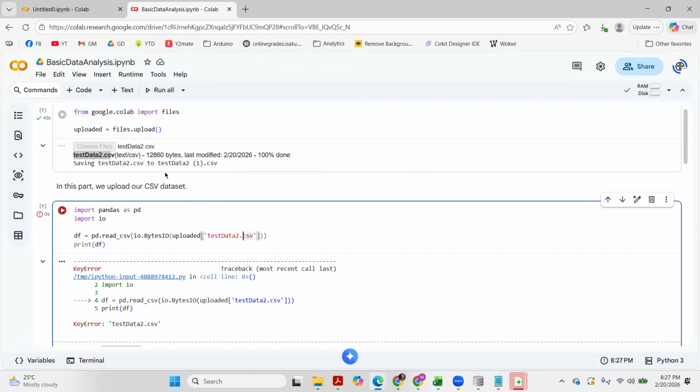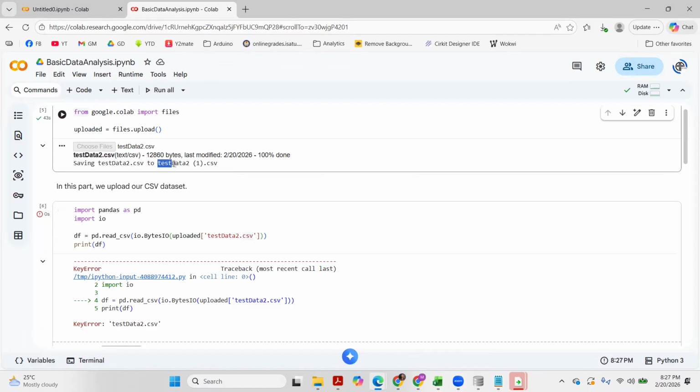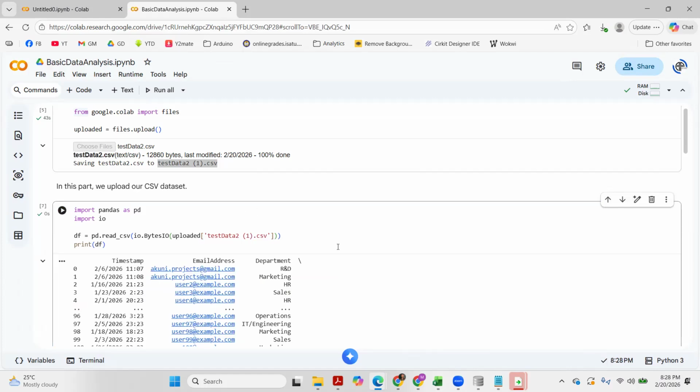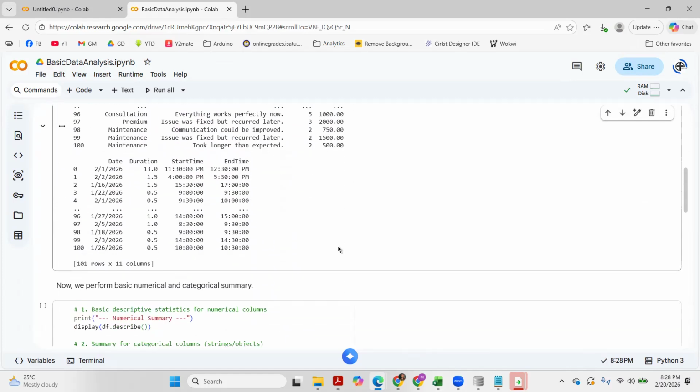That's why it's now having a conflict with it. When we uploaded our data set, it was named test data 2 space 1. So let's just follow that, right? Space 1, and let's see. Okay, we now have this one.